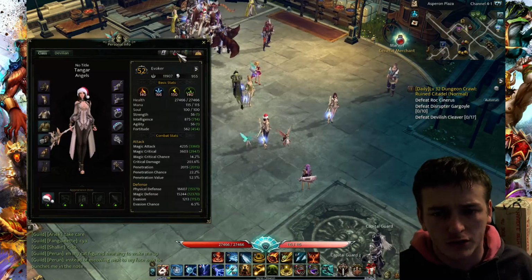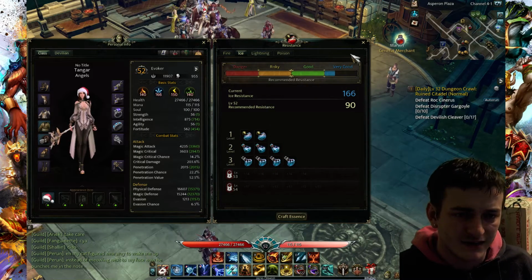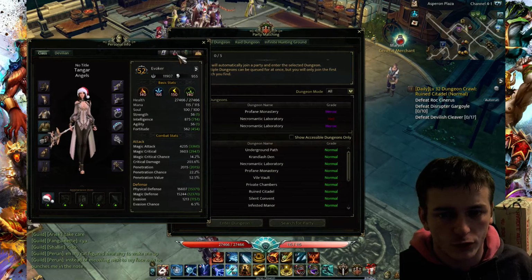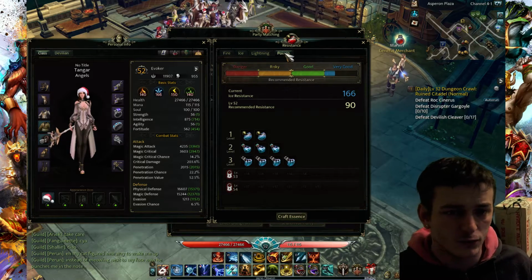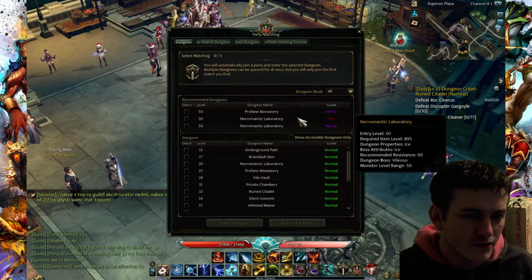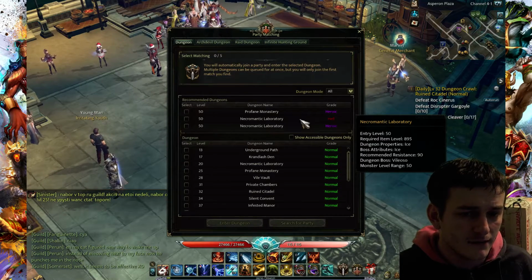You don't need all resistance at first. You need only ice resistance, because ice resistance is the resistance for Necromantic Laboratory. So at first, build only ice resistance, and then you would build another one. So then, when you have full Fallen Star, you would go to Necromantic Laboratory, because to go to Hell,